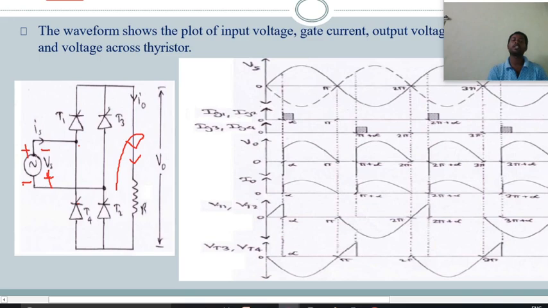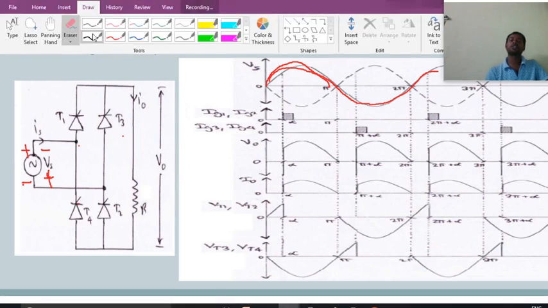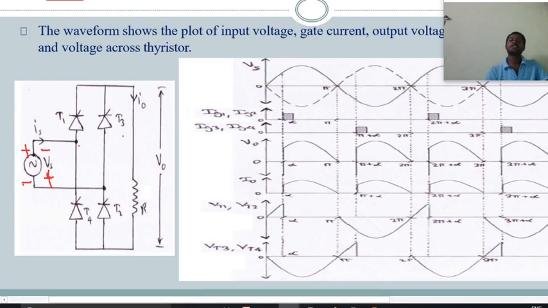It is unidirectional only. So for the input supply over the positive and negative half cycles, the resultant output voltage will be only on the positive side, because the current entering into the resistor is positive only. So now let us check the waveforms